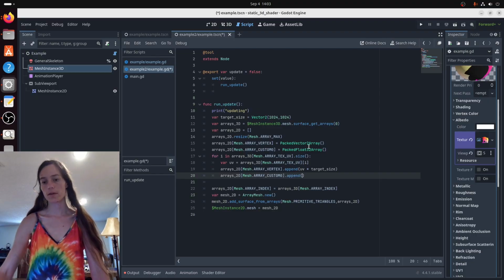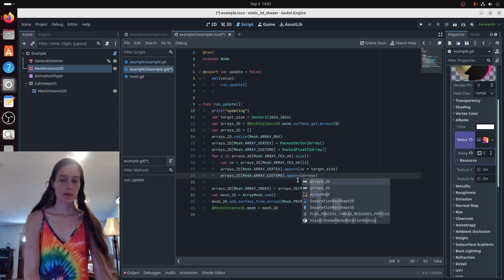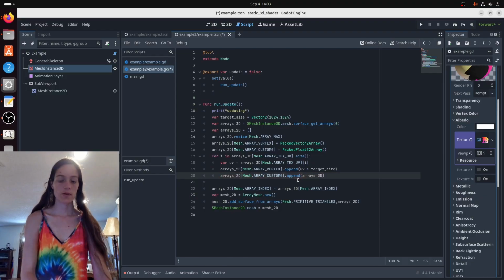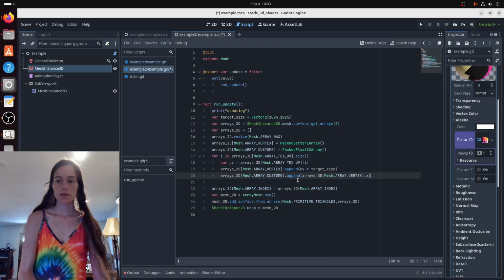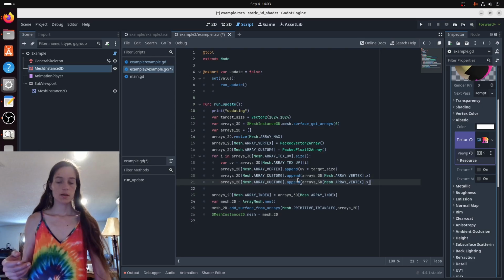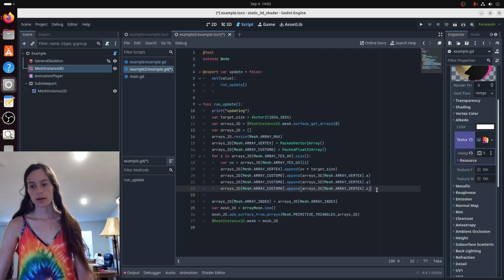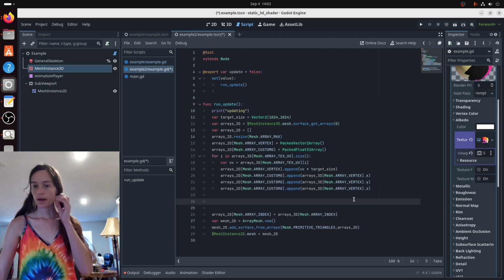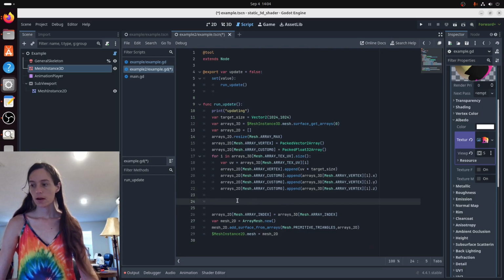So there are 3 or 4 custom channels, and you can put up to 4 floats per vertex in there, which is pretty useful. They do have to be appended individually, so the X, Y, and Z. You do not enter it as a vector. And then at I, you need to specify the vertex. And then down here,